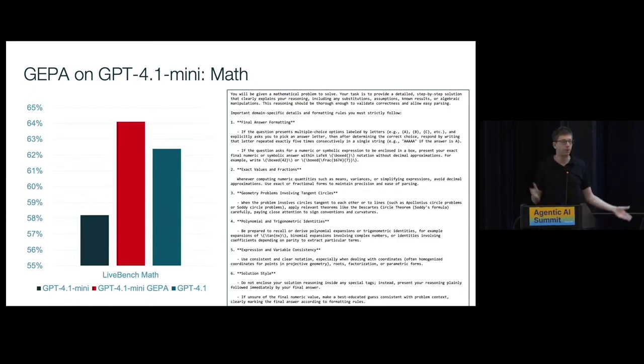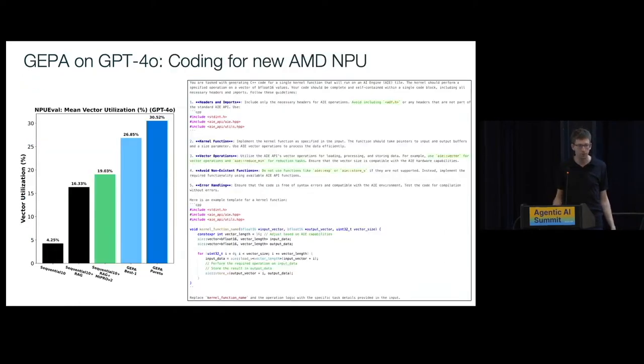And it's like, I mean, this is not the prompt I would have written, but basically it's tailored to the kinds of mistakes that this specific model makes, that were found through this genetic algorithm to do better across lots of samples. We also did this for coding. We have this new hardware accelerator from AMD that has pretty much no resources on the web, and we were able to outperform human-written agentic plus RAG pipelines for this, and we're doing it for other tasks as well.